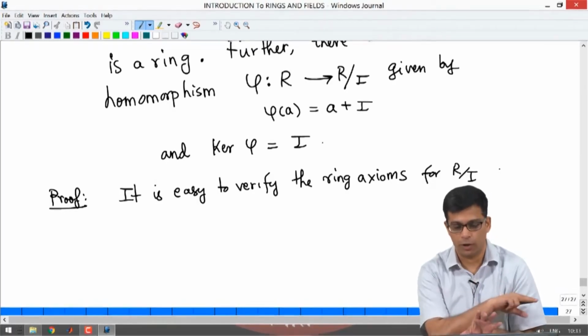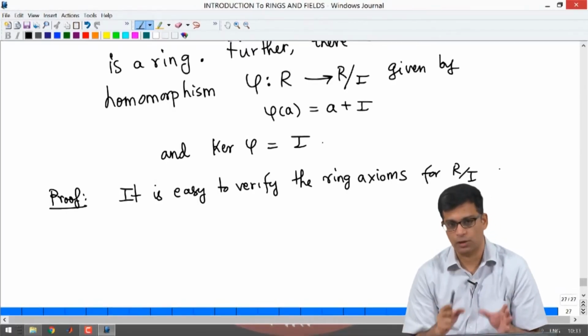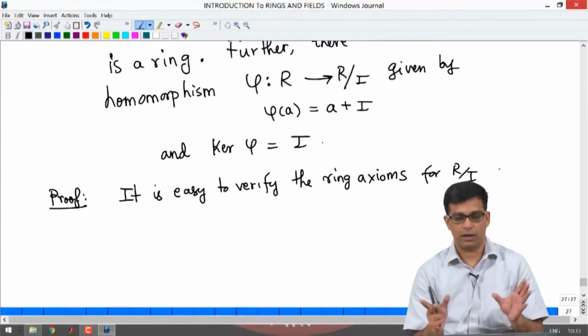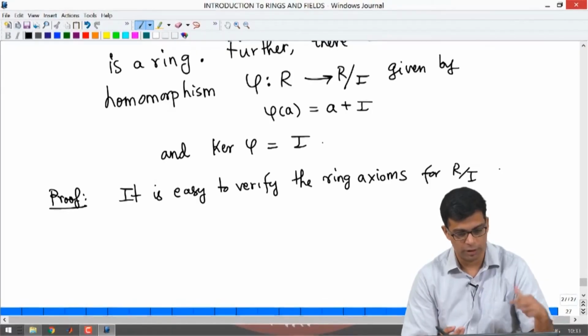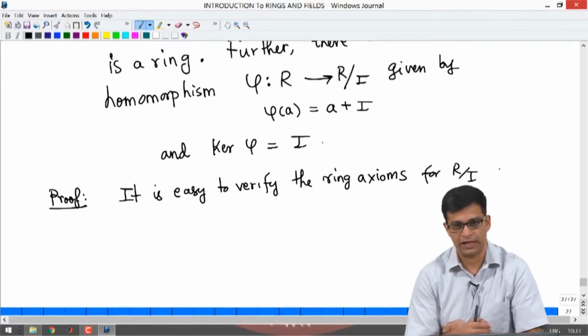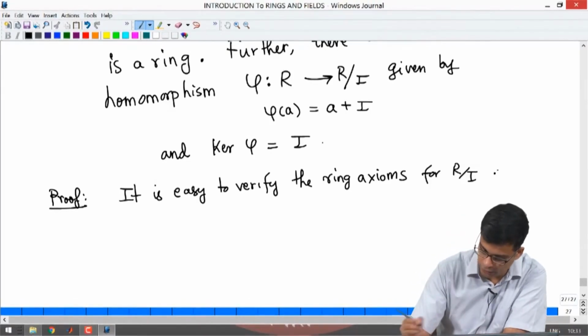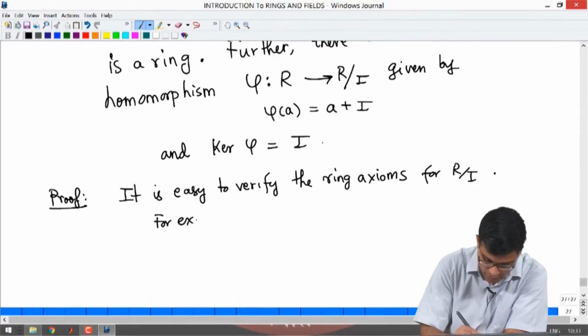See, we do not need to worry about anything about addition, right, because R mod I is already an abelian group under addition, that comes just from group theory. All we need to do is the new data, which is multiplication satisfies the ring axioms, which I leave for you. For example, I will only mention this,